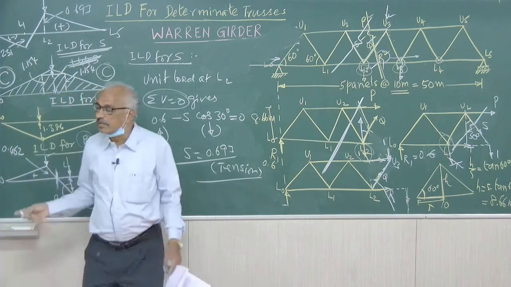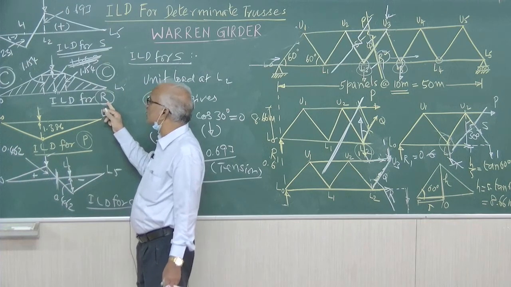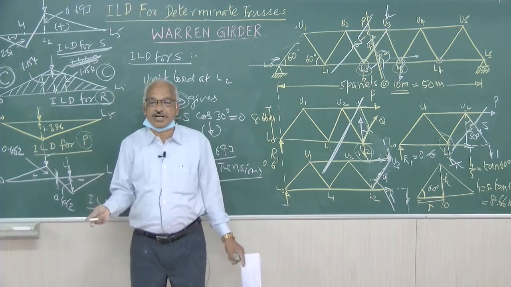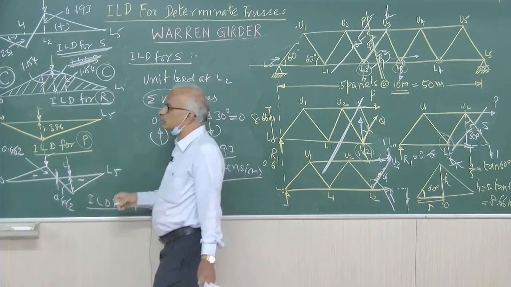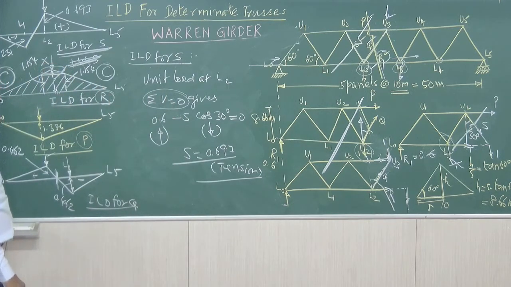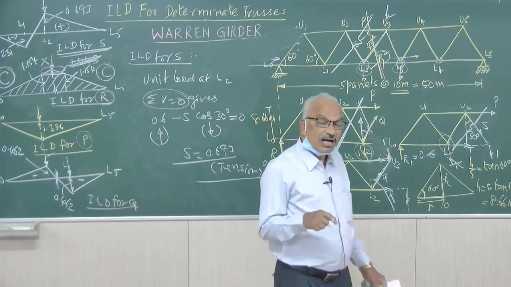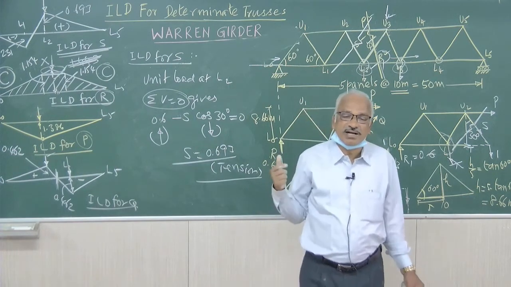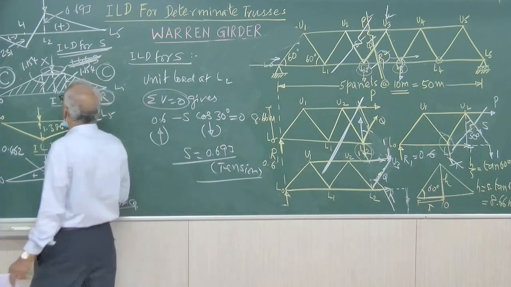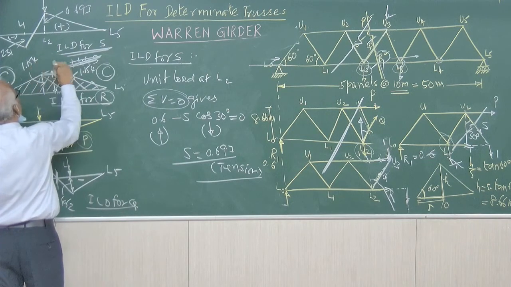Therefore, whatever may be the position of the unit force, the member R will be subjected to a maximum tensile force of 100 into 1.154, namely 115.4 kilonewton only. And this triangular part we have to eliminate. Eliminate this triangular part and consider only the trapezium when the load is applied not through the loaded chord, because the top chord is not the loaded chord. Therefore, this correction we have to apply, this we have omitted. So only the trapezium part of the diagram we have to consider. The triangular part of the diagram we have to ignore.